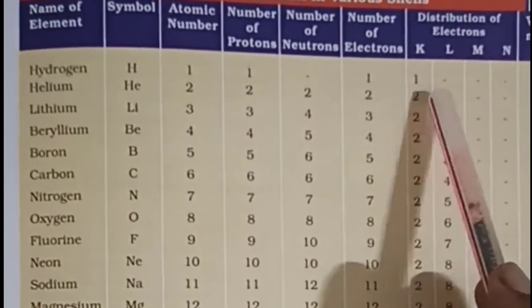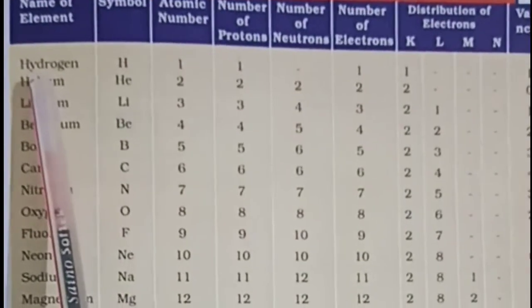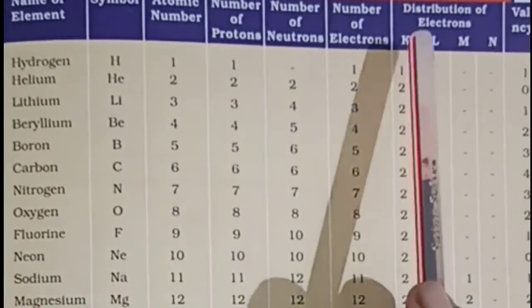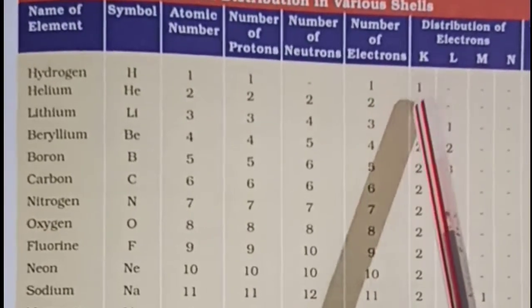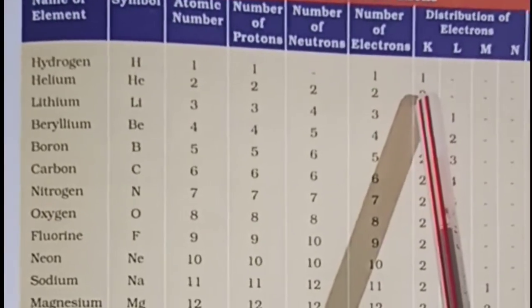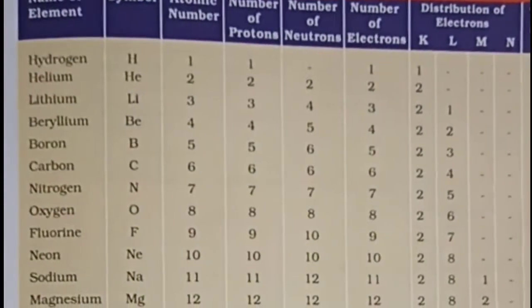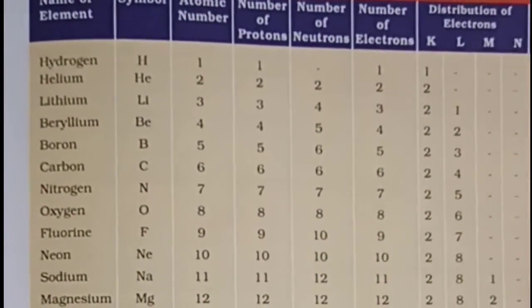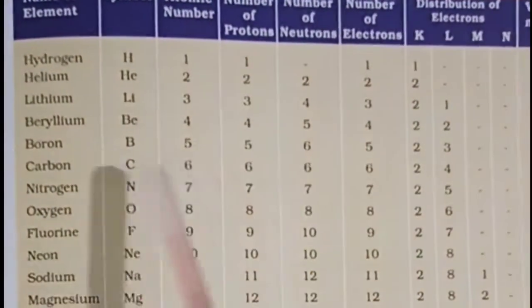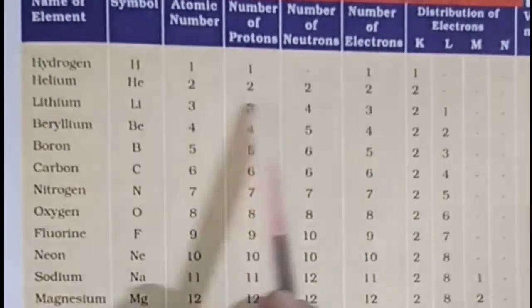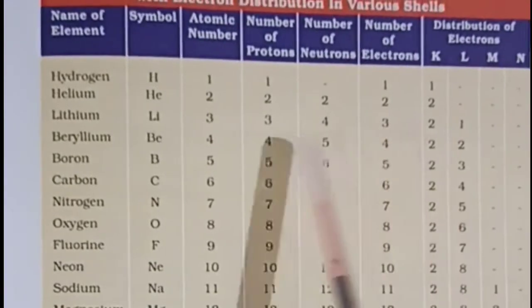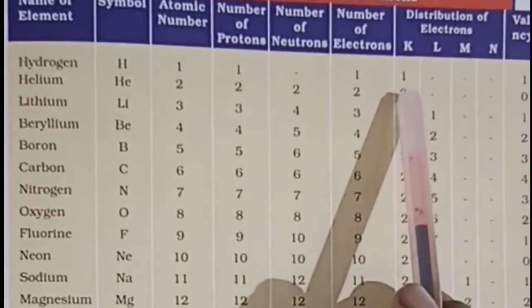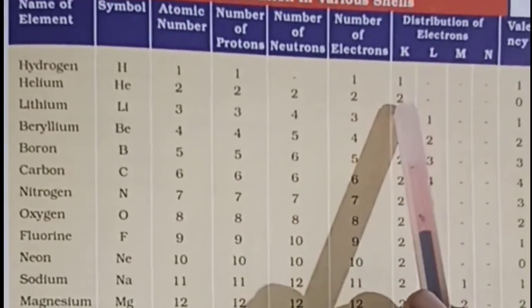In the same way, hydrogen has atomic number 1, so its one electron will go to the K shell. Now the K shell can accommodate a maximum of 2 electrons. That means the first room of your house has a capacity to accommodate 2 guests. So in helium 2 electrons are there, or say one day 2 guests have come. Both of them you will accommodate in the K shell.